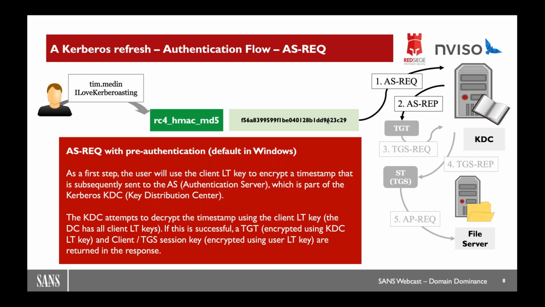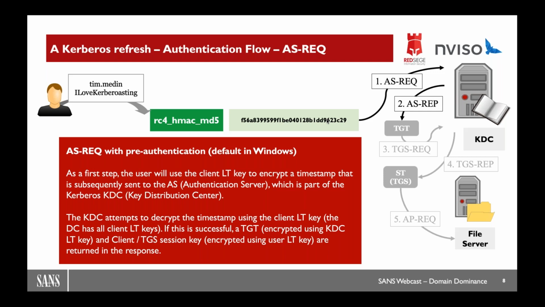So he enters the password I love Kerberos. What happens is that the local system will generate a Kerberos encryption key based upon that password. Depending on the encryption type that is used, a different key, of course, is generated. For the purposes of this explanation, I'll assume that we're using RC4 as an encryption type. So the RC4 encryption key gets generated, which in fact is nothing more than the NT hash of the password. So for I love Kerberos, a certain NT hash is generated, and that one is used to encrypt a timestamp that is sent to the authentication server, which is the domain controller.